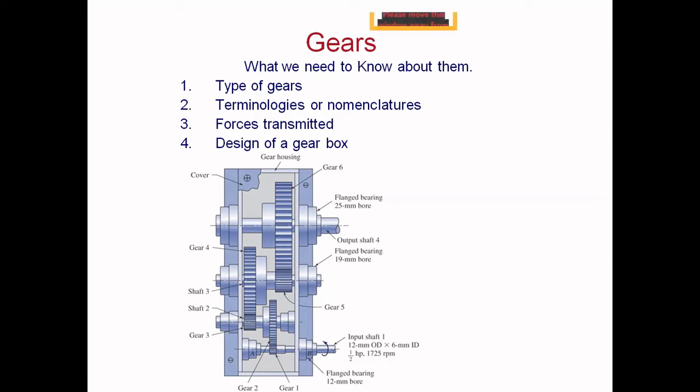You can see here gear is mounted on shaft, and on that mounted gear there are tooth wheels which engage and transmit the power due to engagement of the successive teeth, transmitting the power from one shaft to another shaft if two gears are meshing with each other.